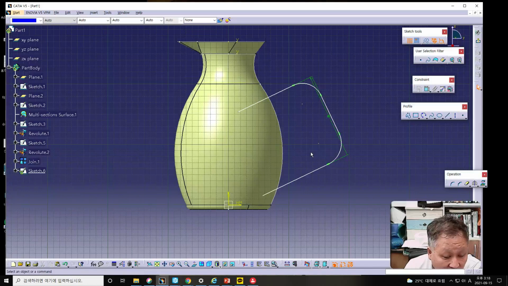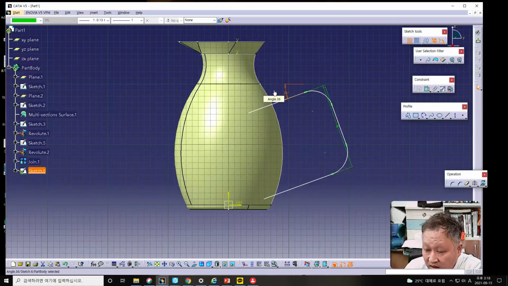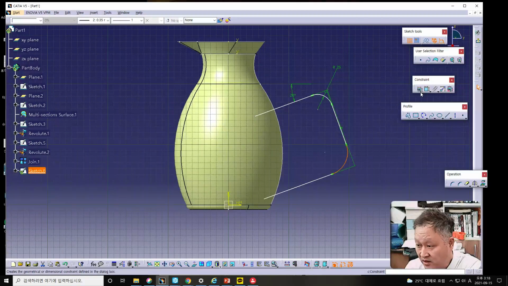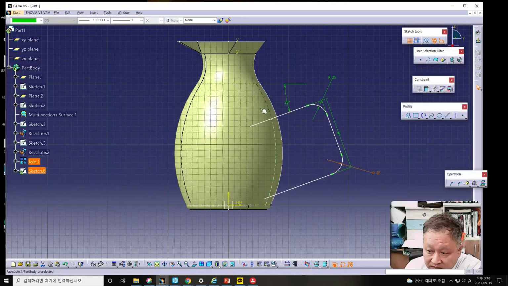And the angle between this one and this one is 20 degrees, and the radius of this one should be 25 millimeter, and the radius of this corner should be 25 millimeter again, and